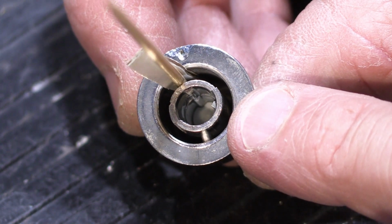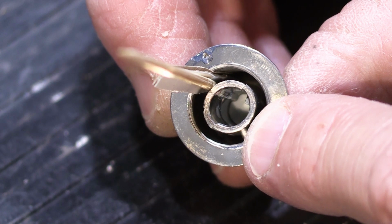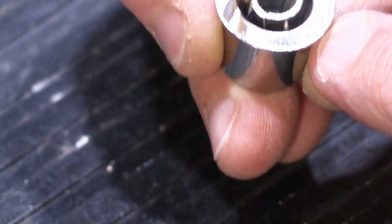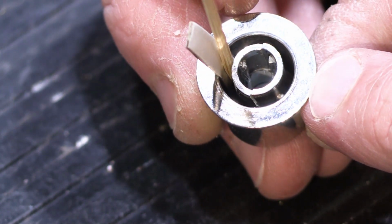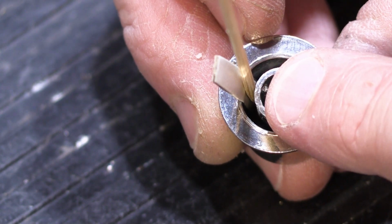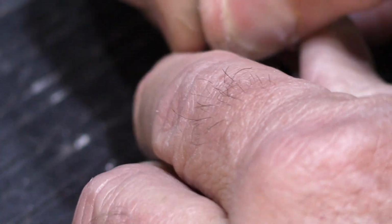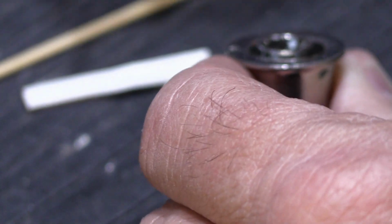Now if you look really carefully, you'll see that the opening in the center doesn't really look very round. It's a little oblong-ish, but that'll be okay because when we put the metal sleeve in, the metal sleeve is round, and that's what fits on the control shaft, so it doesn't matter. This will be fine. So what we're going to do with this one is the same thing we did with the other one. We'll take these back out, and we're going to take our super glue,